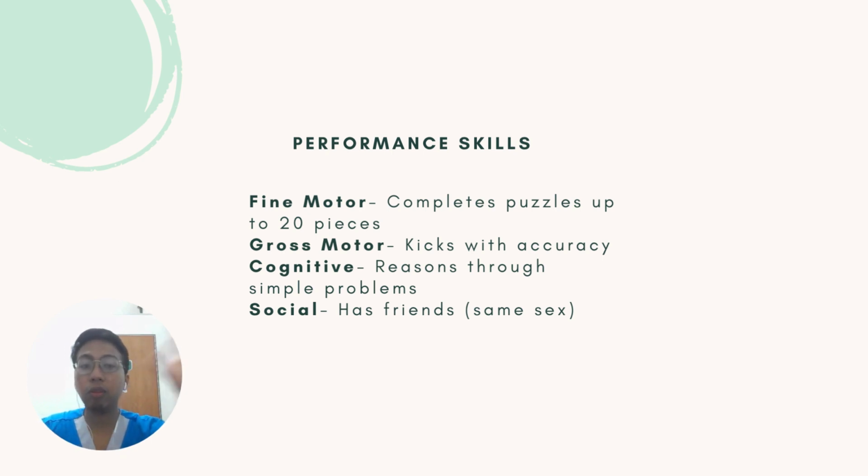And the cognitive will be reasoning through a simple problem. For example, let's say, why did you do that? So they give a reason in a very simple way, like, oh, because I thought this is supposed to be this, as an example of it. And the social will be has friends, because before this they just preferred same-sex playmates, but now they have developed friendship with them, which is part of the social interaction throughout the play and